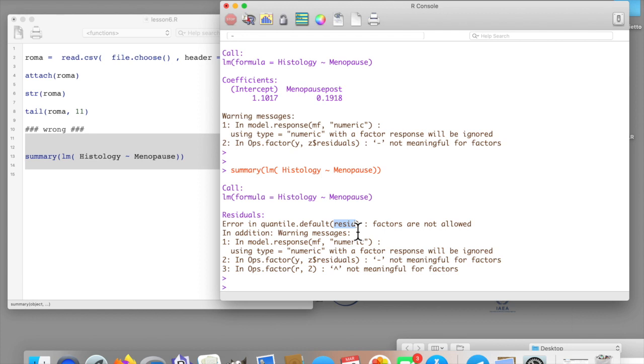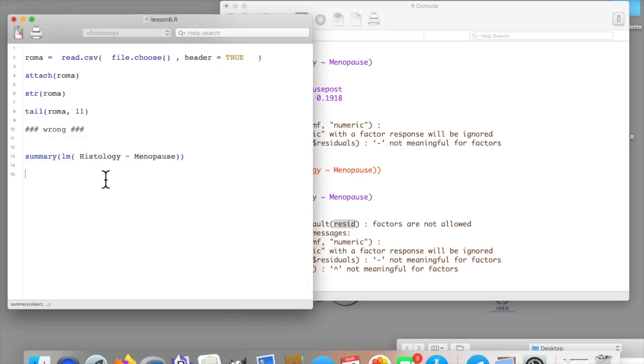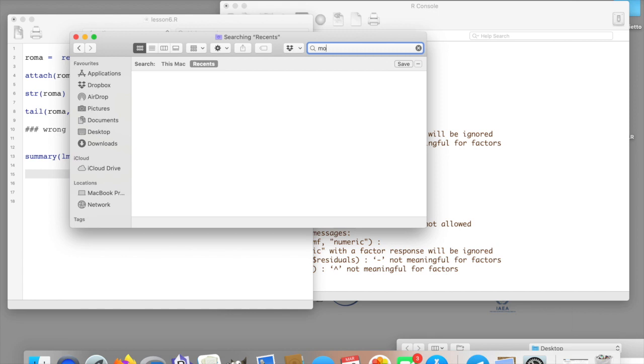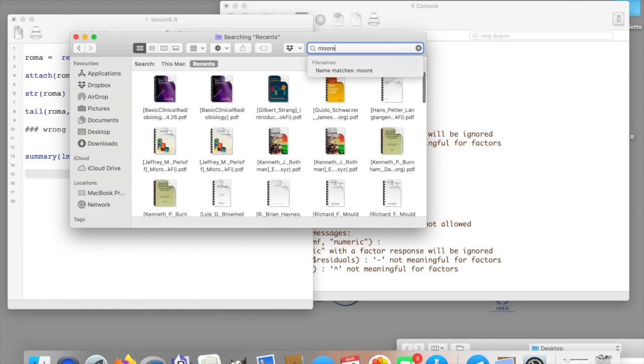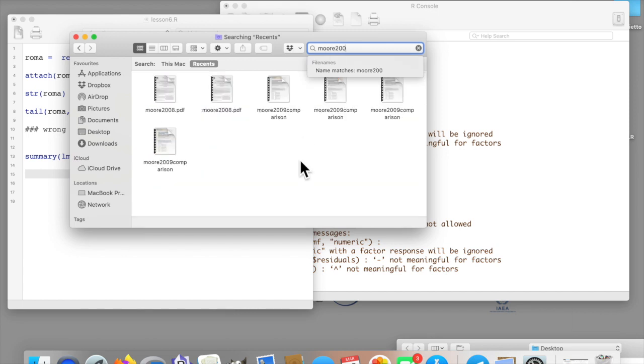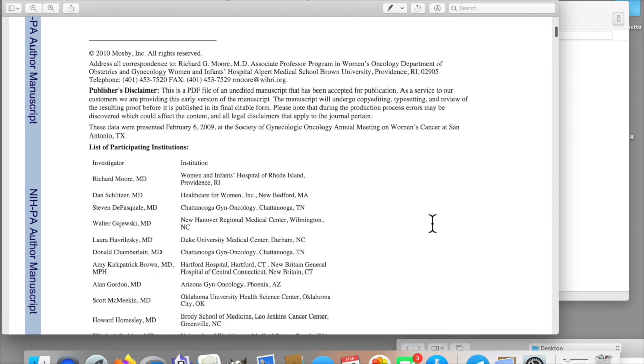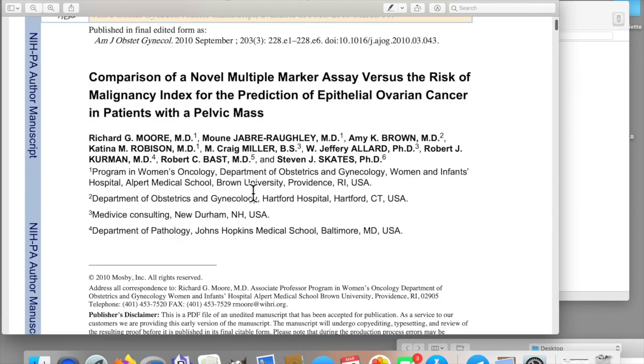Okay. Well, do you remember the Moore paper? Let me search here in my library. Moore, where is Moore 2000 and something? Comparison between maybe this or maybe this work. Perfect. This is the original paper, and